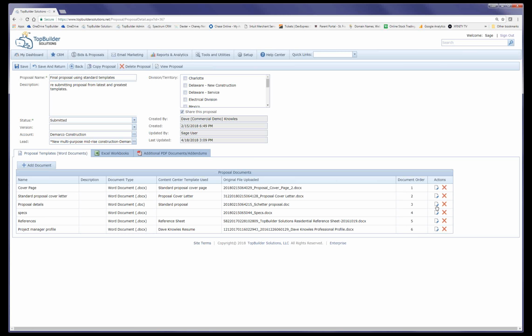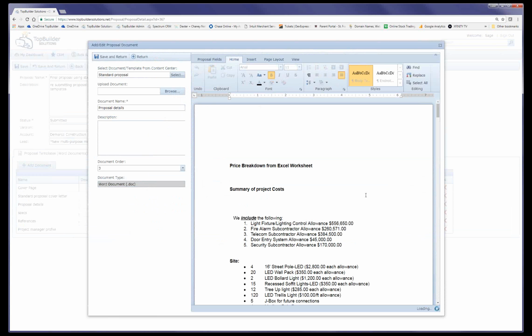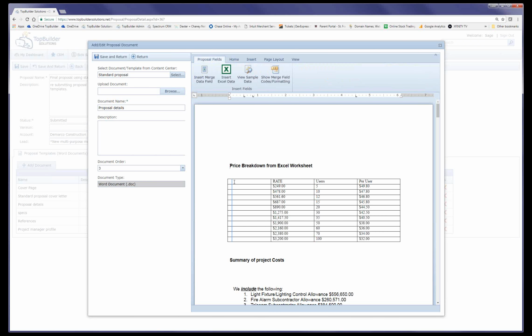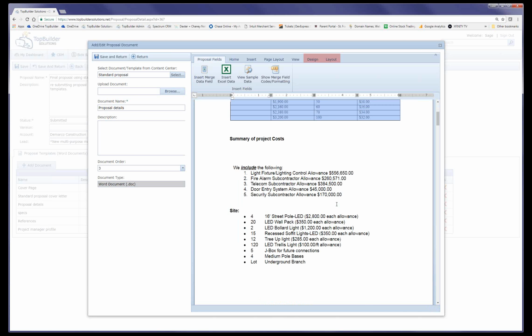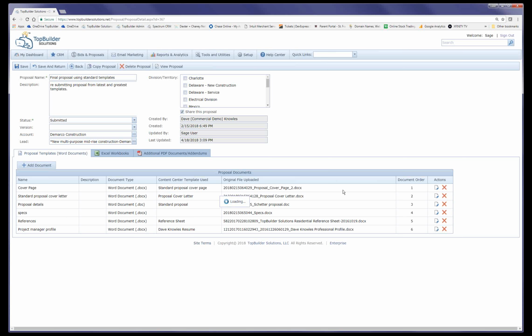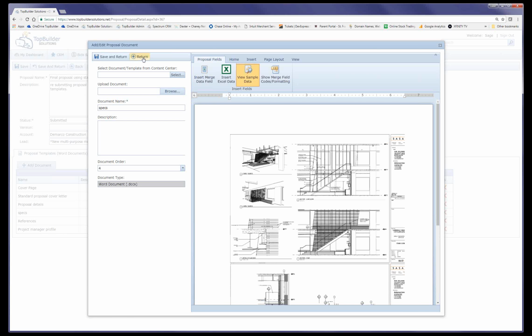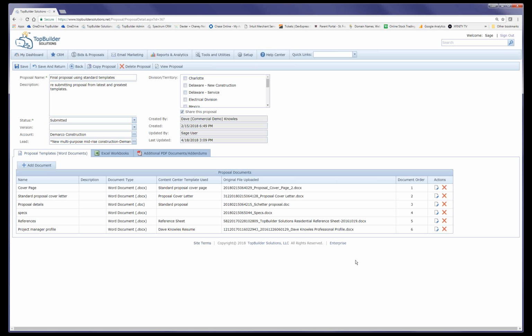Okay. I also can add the actual proposal itself. This may be a breakdown of costs for the proposal. And actually, in this case, I added data directly from a worksheet onto the proposal right here. So you can integrate a worksheet that you may have used to build the proposal with into the actual proposal. And here's, again, a breakdown of costs. Okay. And then, again, you may add the specs for the job, all kinds of different things, a list of references, whatever they may ask for